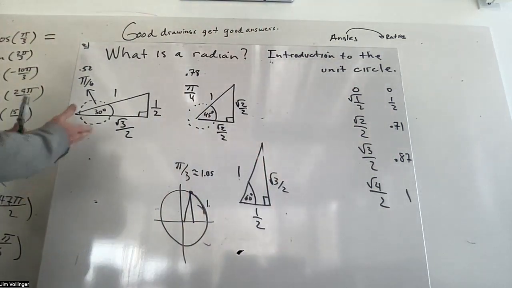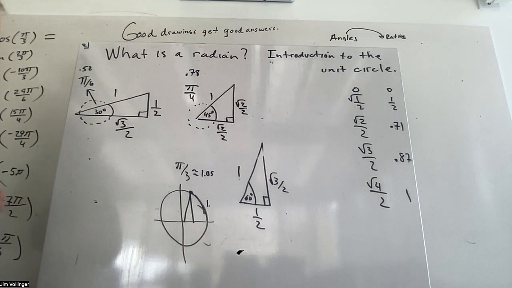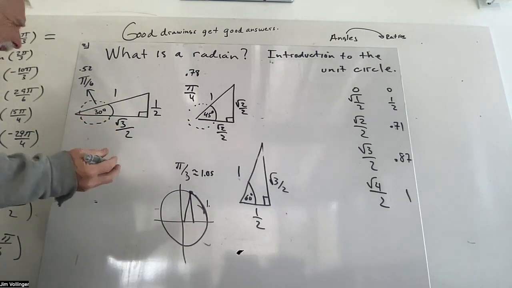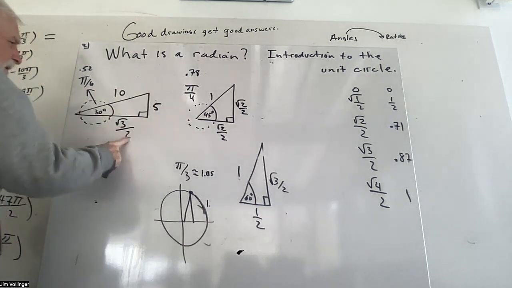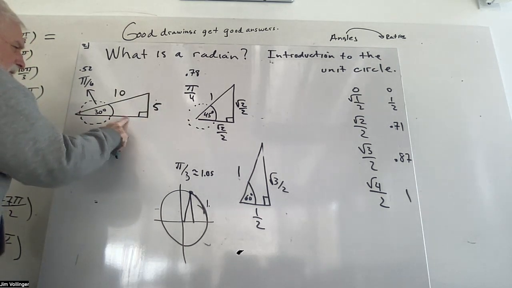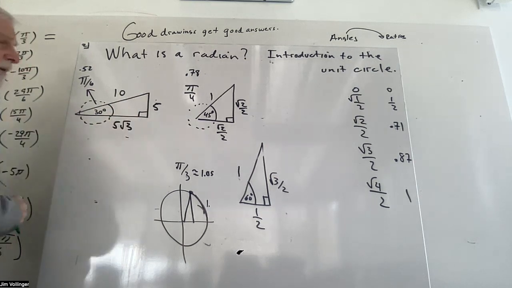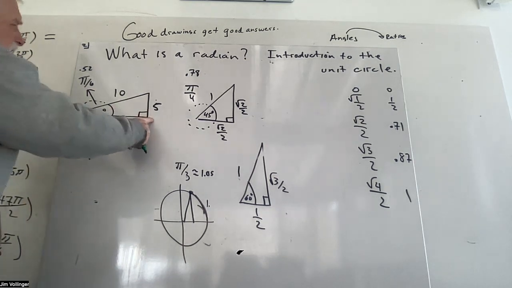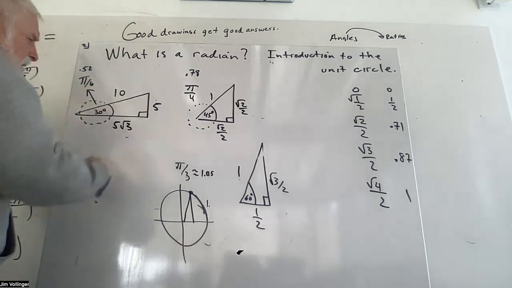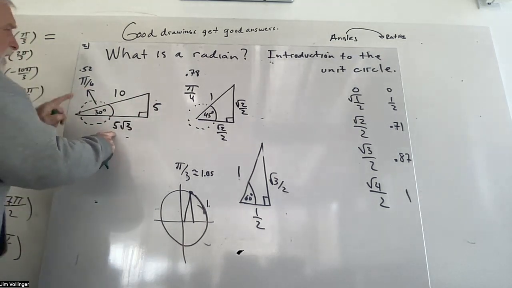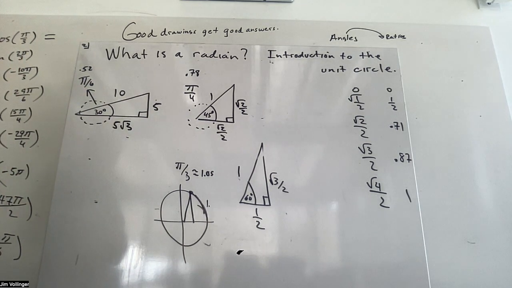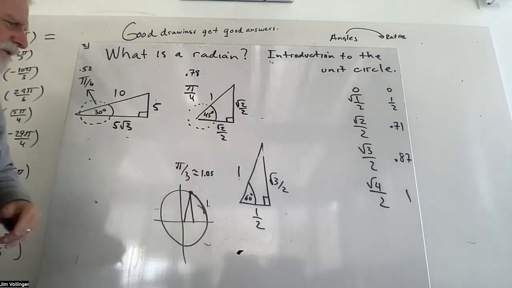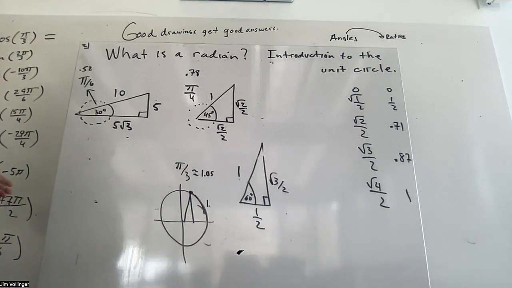For instance, if I were to multiply the ratios in the 30, 60, 90 degree triangle by 10, this would become 10, this would become 5, this would become 5 root 3. Right, and the ratios are the same. The smaller side to the hypotenuse is still 1/2 to 1. The adjacent side to the hypotenuse is still a root 3 over 2 to 1 ratio. You can spend some time with that. So we want to become familiar with these ratios